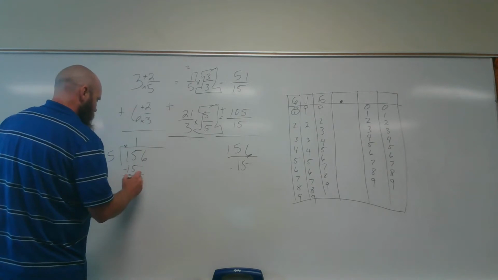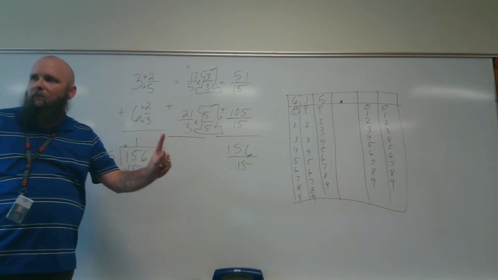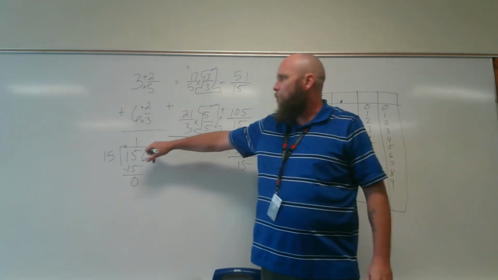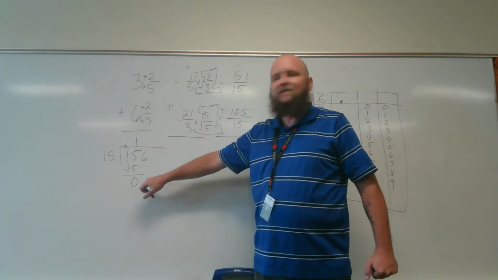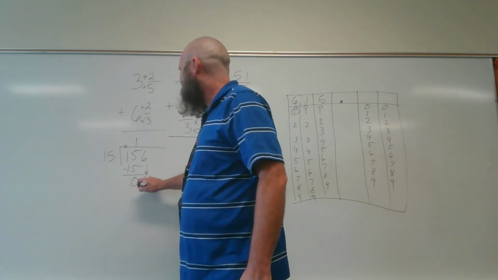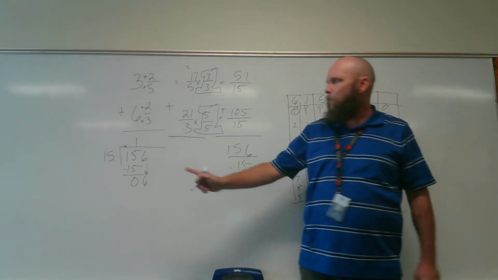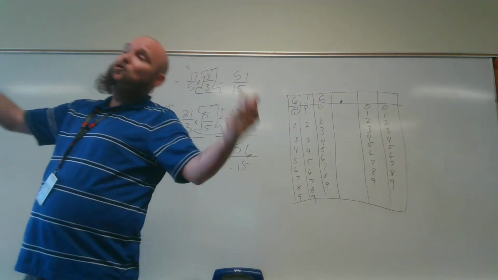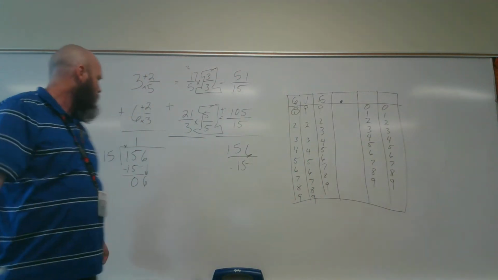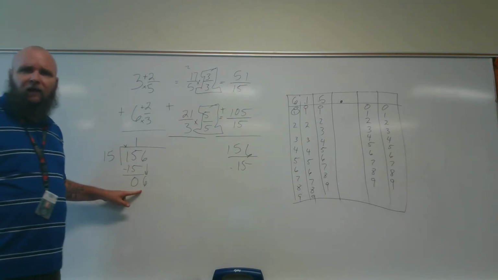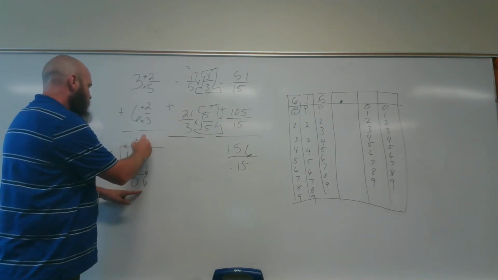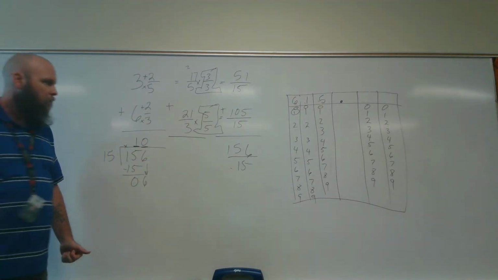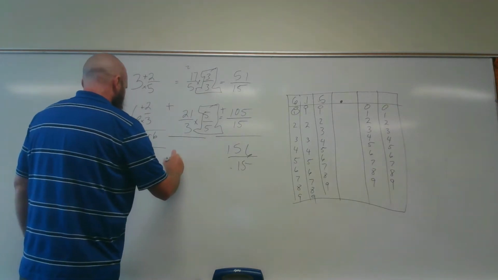Subtract, 0. Now this is the part where people mess up. So stay with me here. People mess up by not putting a number above here. Because it's not going to go in. When you bring down that 6, it's not going to go into 6. So people just want to make it 1 remainder 6. Well, if we estimated first, like I told you we should, why don't you listen to me anymore? We'd know that it can't be 1 as my quotient. So once I figured out it went into 15, I had to have a 2-digit quotient. I knew that. So I put my 0 there. It's going to be 1 remainder 6, or 10